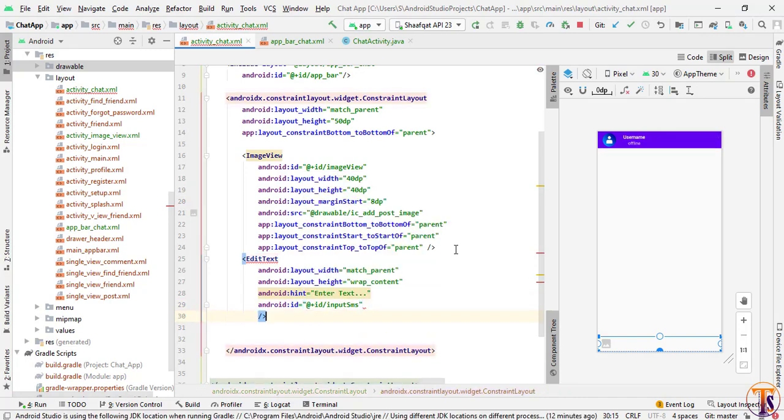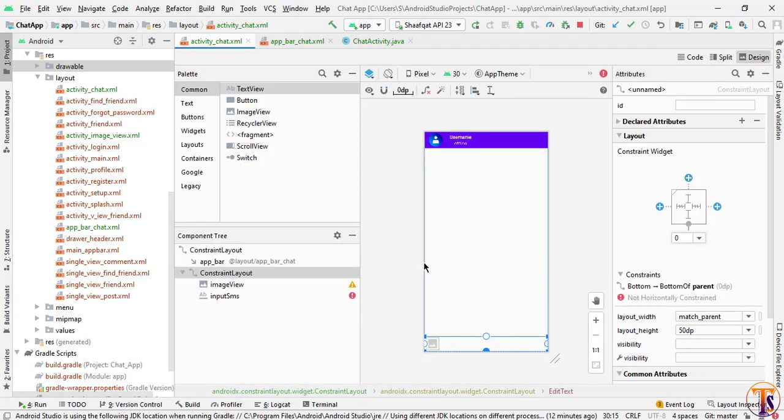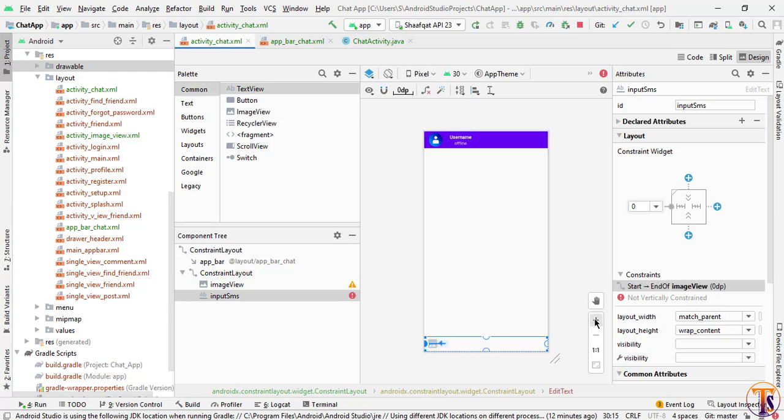Okay, now close it. Now go to design again, and here we will add our constraint. So select this input field, and here we need to add the constraint from left to the right of the image view, and here we will change it to match parent.